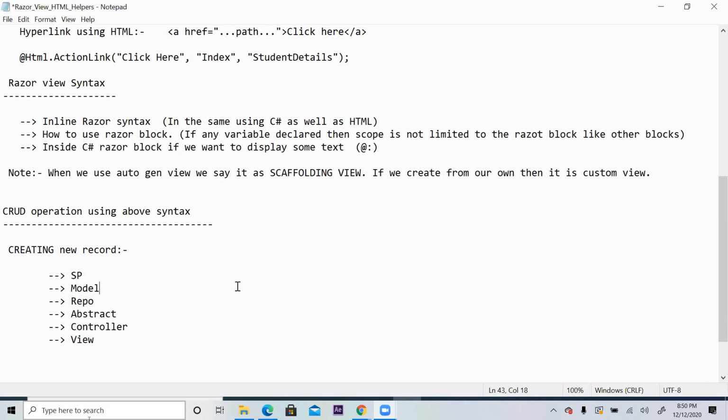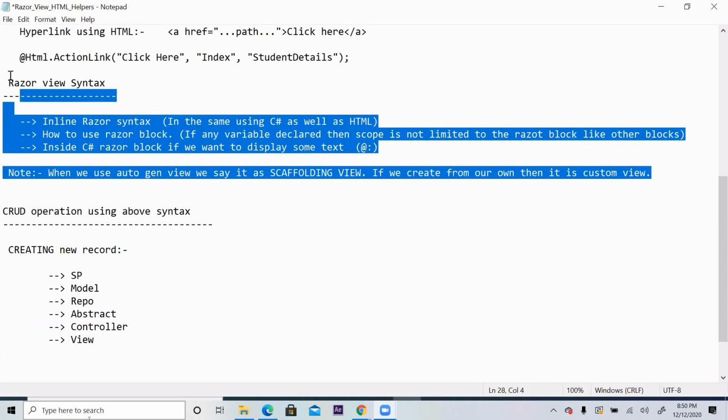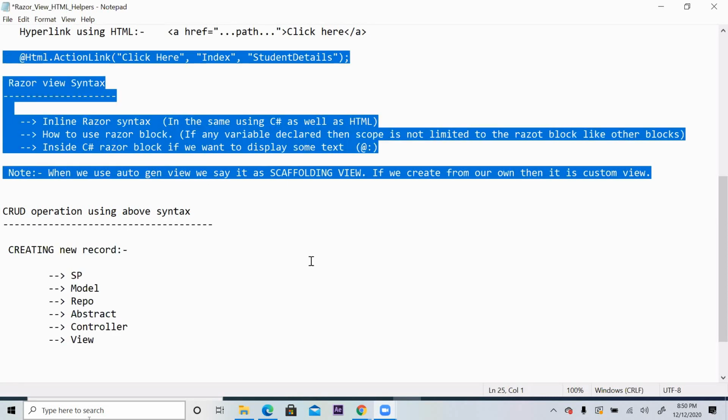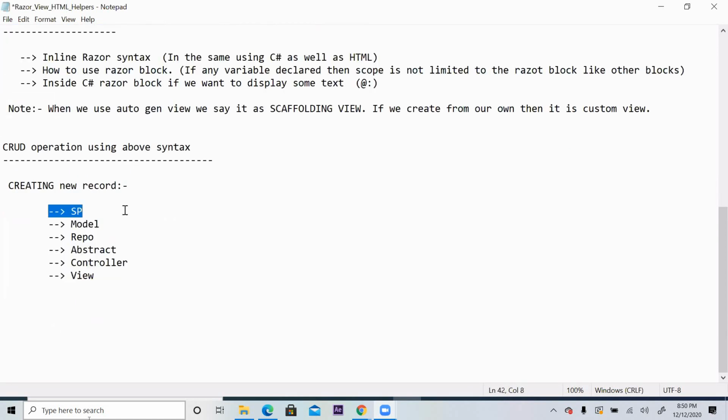Got it or not? Imagine creating a new record is your first activity. As of now, you have not yet created any fetch and display or any operation. That means the model is also not available as of now. Then the sequence is like this: stored procedure, then model, then repository, then abstract, then controller, then view. Got it?